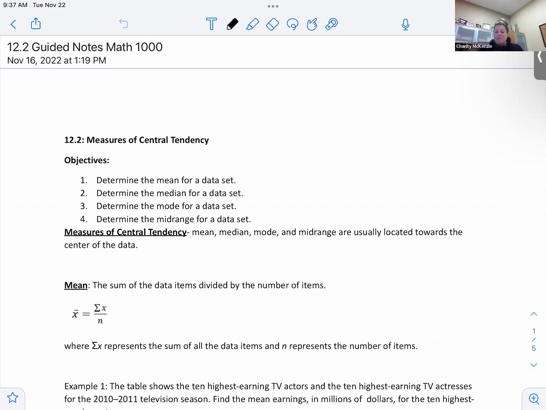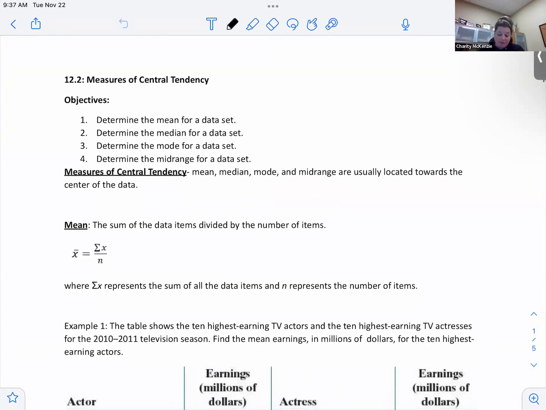Okay, so finding the center, there is more than one way, and we don't really like to use the word average. It usually refers to the mean, but we have to be careful of that word average. They're all averages. So people use the word average for mean, but it could be the median or mode. So let's go through what each of these are. We have the mean, median, mode, and the mid-range. They all are ways to find the middle of our data.